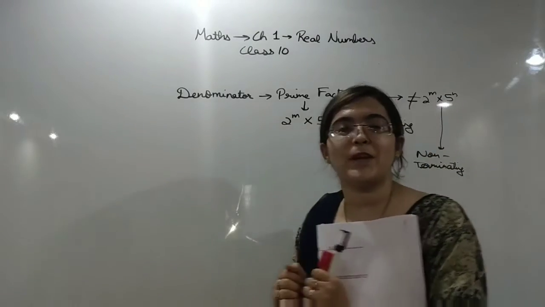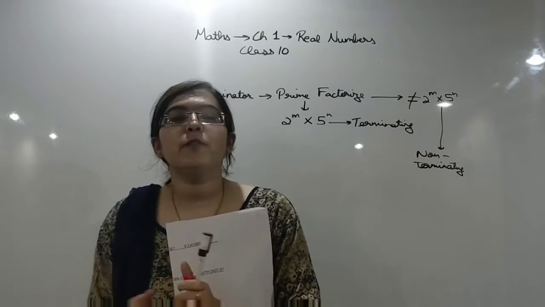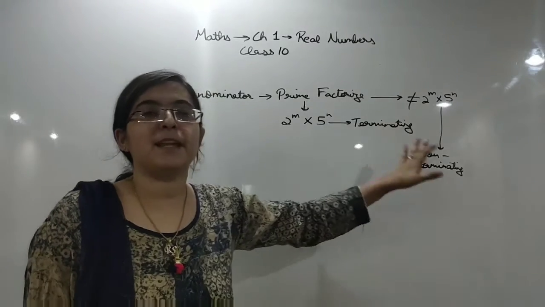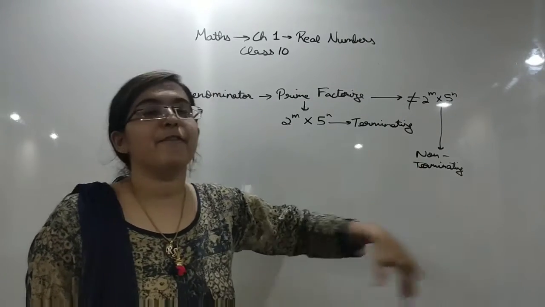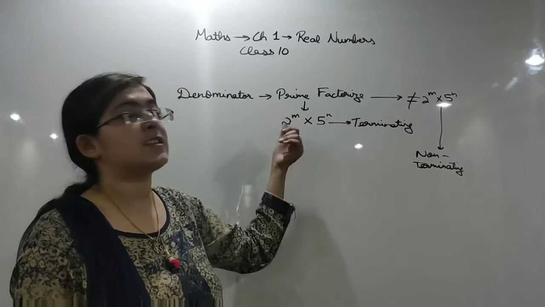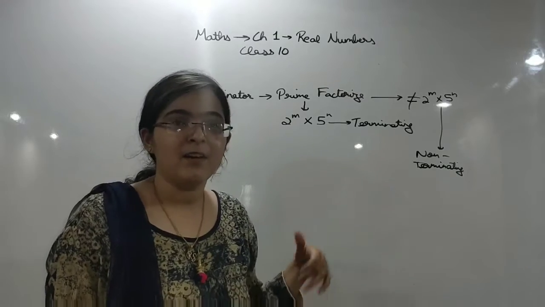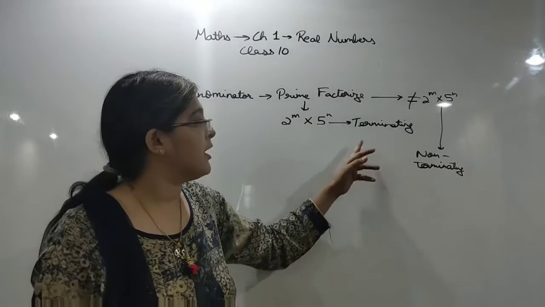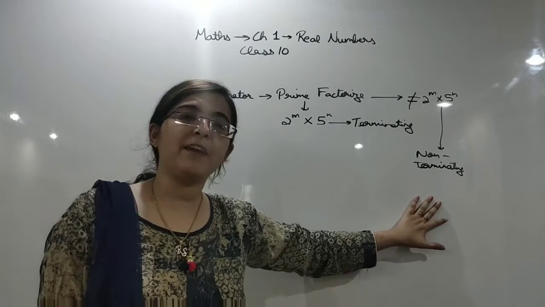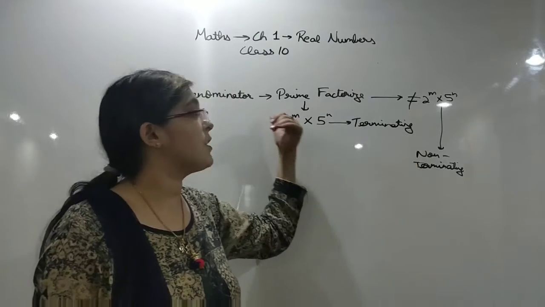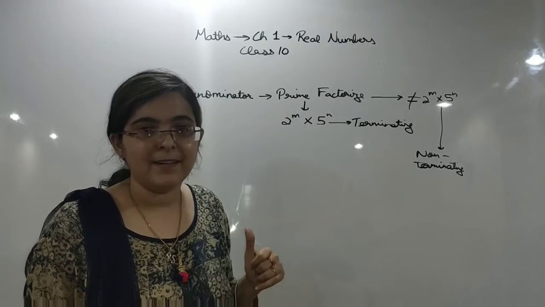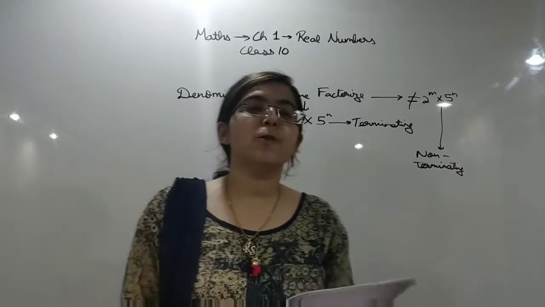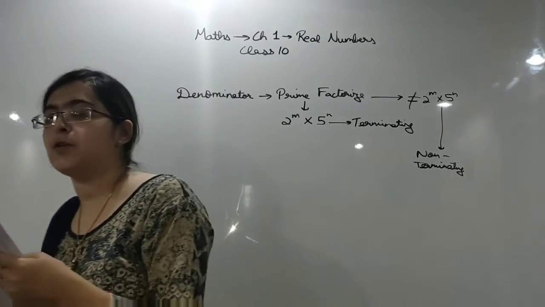Now we will do the reverse questions. It will be given whether a fraction is terminating or non-terminating, and we have to find out the nature of its denominator. Terminating or non-terminating would be given, and you will tell the nature of its denominator. Clear, students? These are the reverse questions. Let's do one question. It will be more clear to you.